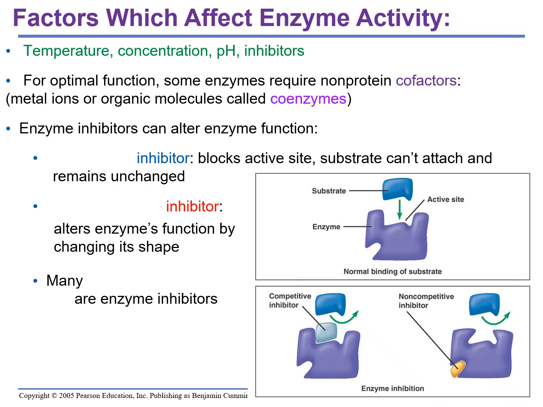Enzyme inhibitors can also alter enzyme function. For example, a competitive inhibitor blocks the active site, and so the substrate can't attach and remains unchanged. So this is used by medical companies and things like antibiotics to block bacteria that aren't in